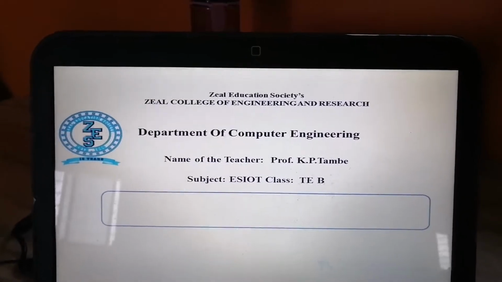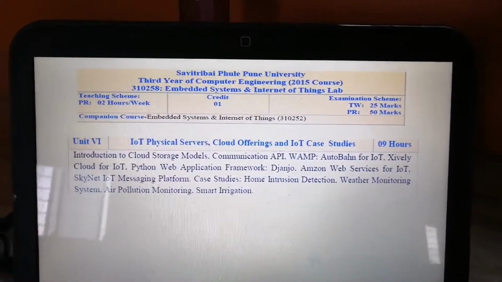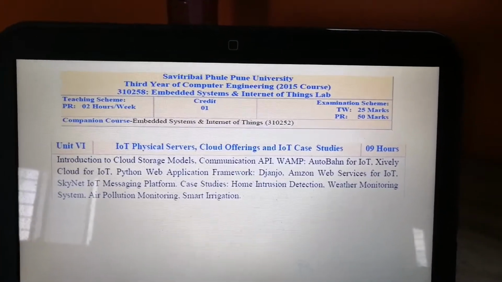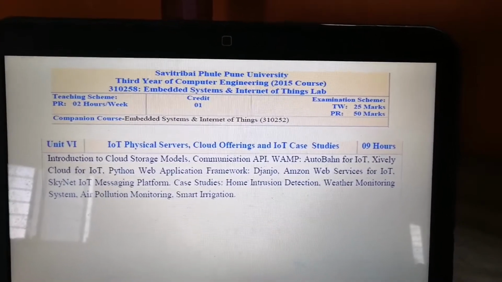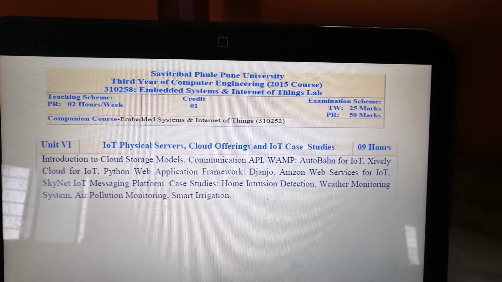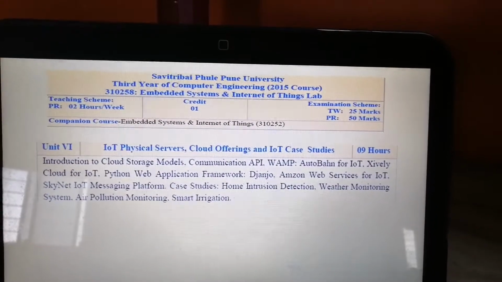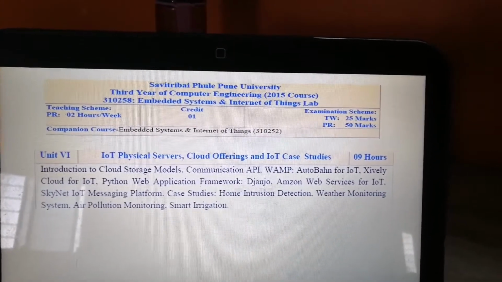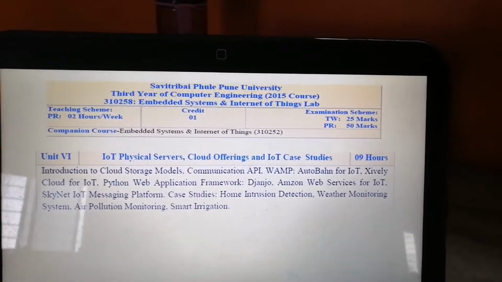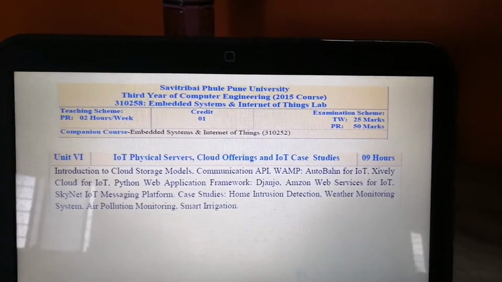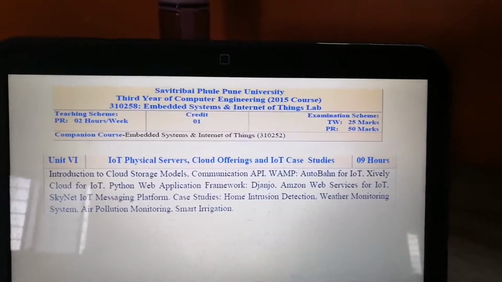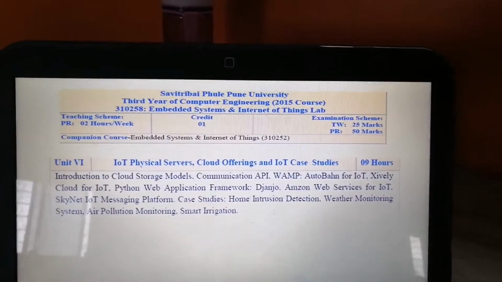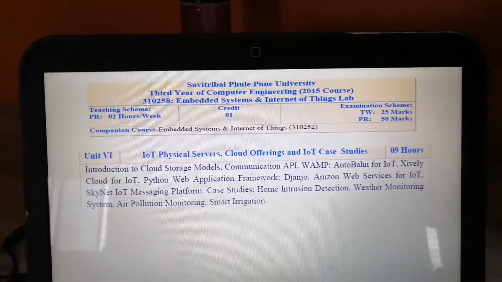This next video is for Unit 6. Here you can see the unit name is IoT Physical Servers, Cloud Offering and IoT Case Studies. From that, the introduction to cloud storage models, the first video, I have already uploaded. Then the rest of the things: the communication API. In this communication API, today we are going to cover WebSocket, and that will be followed by WAMP, which includes Autobahn for IoT, and Xively Cloud for IoT in the next videos. So let's start with WebSocket